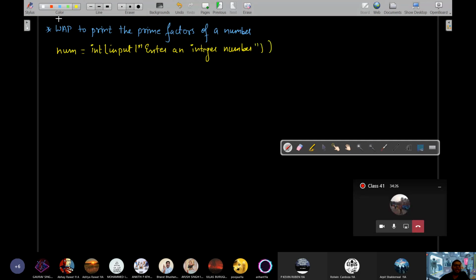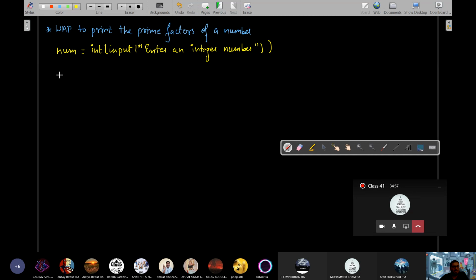Then, see how the structuring will be. You will check. Sir, we write for, if, and again a counter for. Correct, that's the type of structuring the student was saying. First, we have to find the factors. For each factor you will have to check whether it is prime or not. So first we find the factors, then only for each factor can you check whether it is prime or not.